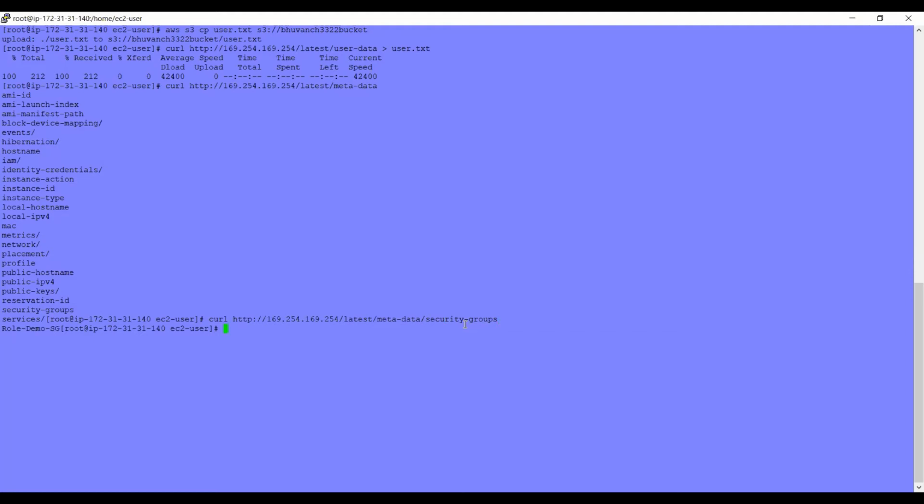So you can see it will also tell you which is the security group behind which your EC2 instance is. Okay, so that's how you can make use of it. Use this command from here to here, and then you can put a field from above, whatever you get, and you can get the desired information. You can also send it to some kind of text file, the way we did on top here, and then you can copy it back to S3, take it somewhere else, run a lambda function against it. A lot of things you can do.